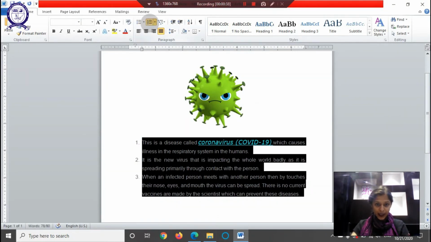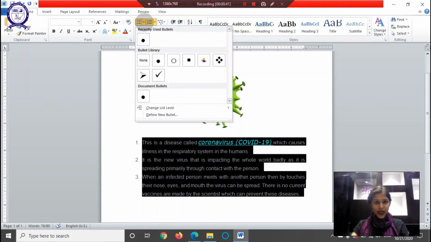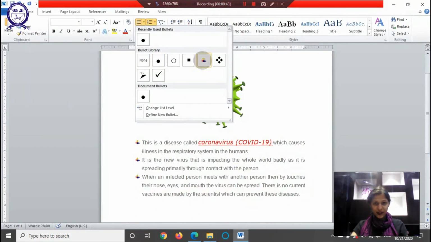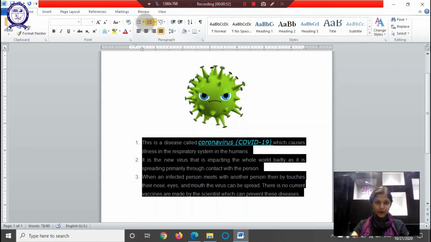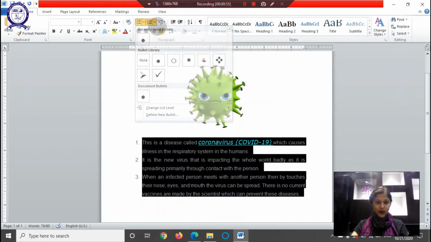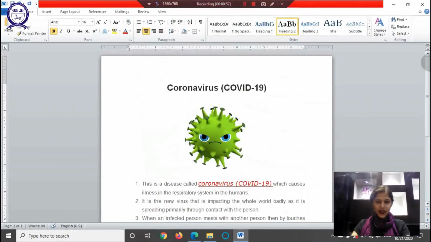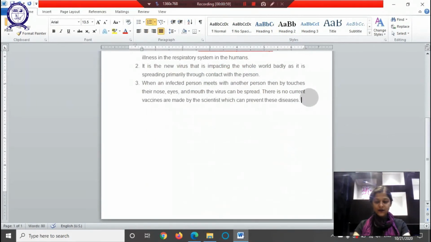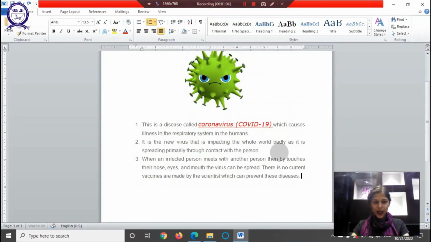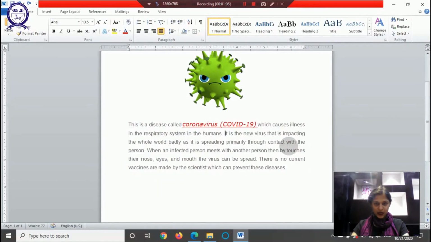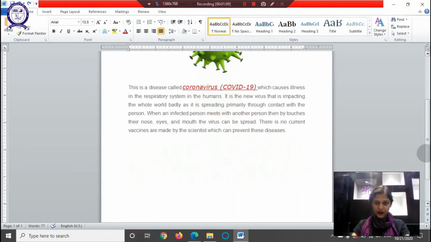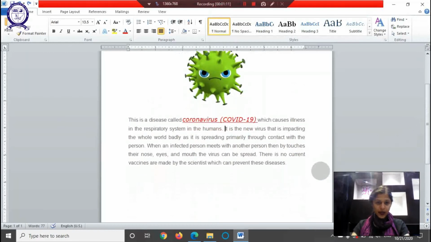But if I want to add numbers, I can simply click here, or I can also change the bullets to look something different like this, or maybe have some checks, circles. So that is how we add bullets and make our document more point wise and step wise, right? So that's one thing. Now that we've learnt it, I want to tell you something about drop cap. So drop cap is another interesting feature as well. First we'll make a paragraph look like it was before, now that it's there.